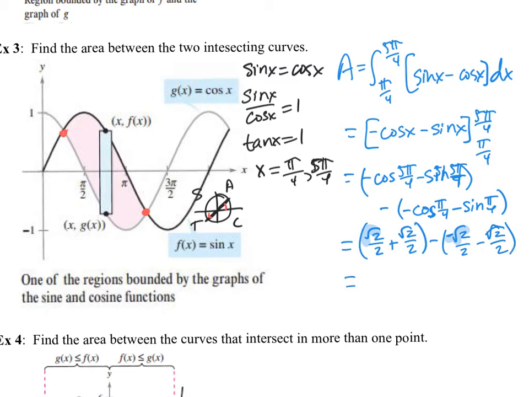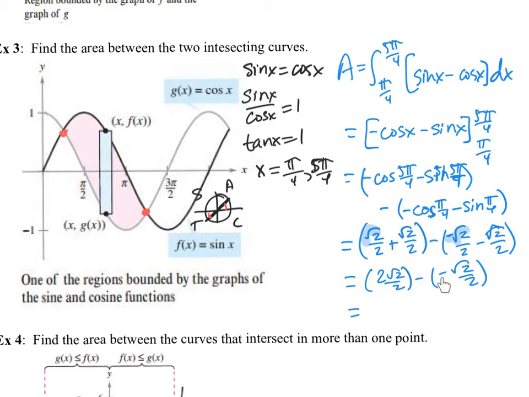And then let's simplify that. Let's just go ahead and simplify each set of parentheses. So this would be 2 square root of 2 over 2, and then minus, when we take negative square root of 2 over 2 minus another square root of 2 over 2, that would be negative square root of 2 over 2. Ooh. All right, so now